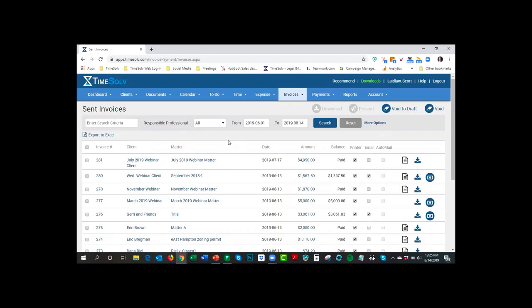So I would start slow, doing a couple at a time on one file, and then a couple more until you get a feel for how the leads invoicing is going to operate with one file for multiple invoices. But the main point is you now have the ability to do that in TimeSolv, to create those multiple invoices on one leads file.